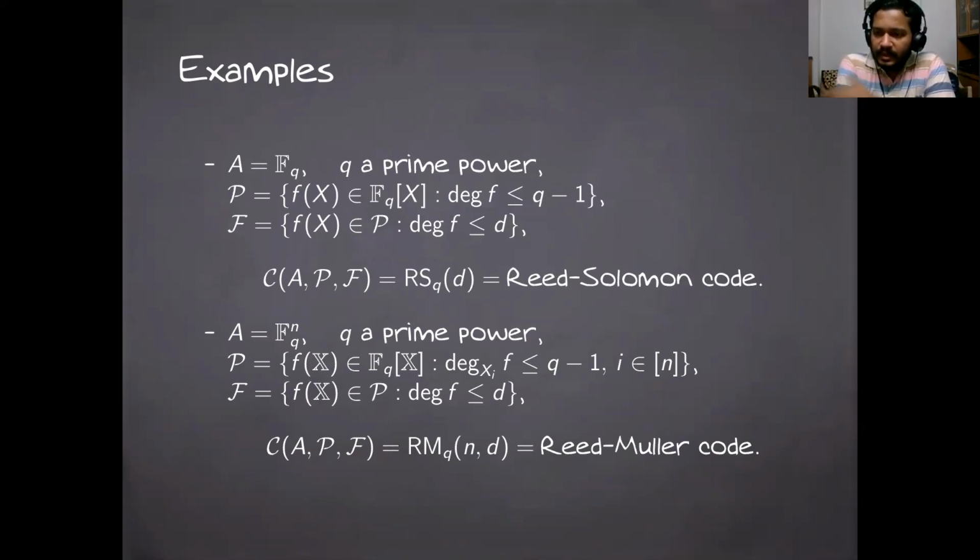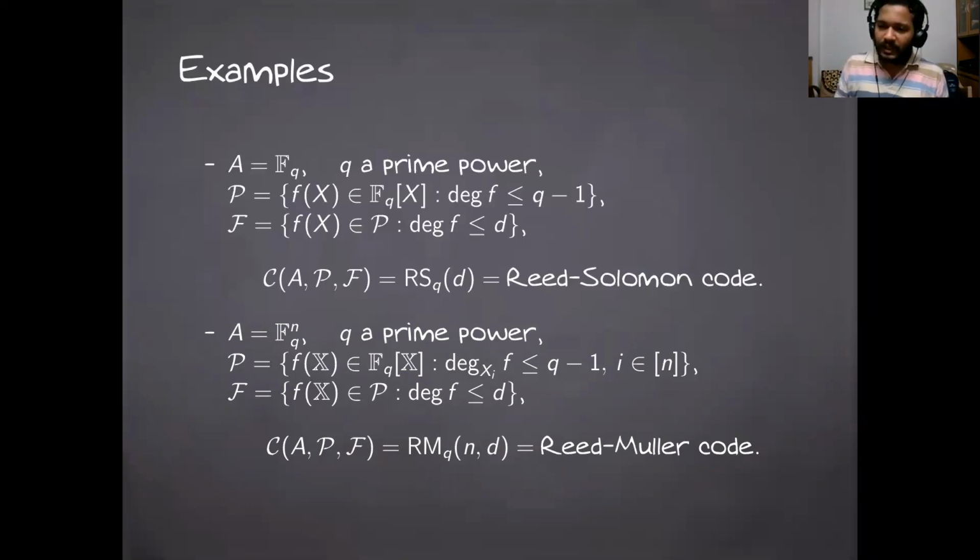and the set of evaluations is the full vector space. And this is multivariate, so you have n greater than 1. And here, once again, if you want unique polynomial representatives, the conditions are analogous. The degree bound is q minus 1 on each variable. So now this is the set of polynomials which give us unique representatives of all functions: all those polynomials in which the degree in each variable is at most q minus 1. And now we can again put a total degree condition, some parameter d, and look at all the functions which have degree at most d. That gives us the Reed-Muller code with degree parameter d.